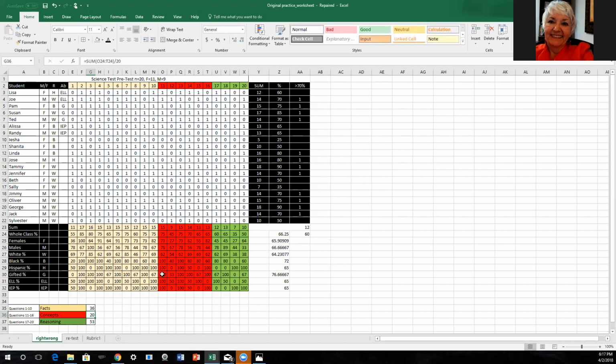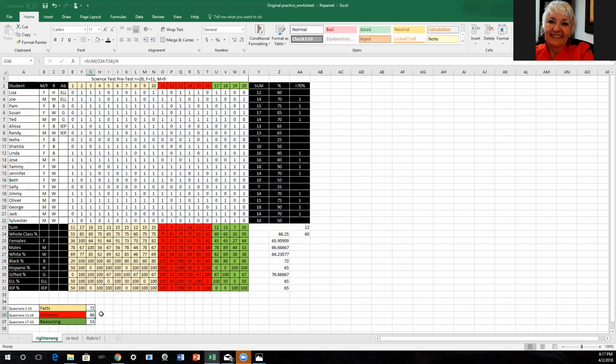So we're not going to divide by 20. We're only going to divide by how many questions? 3, 4, 5, 6. So you'll notice I've come to the top here, and I'm putting the number 6 there because that's the number of questions associated with it. And then here for 36, again, it won't be 20, it will be 10,